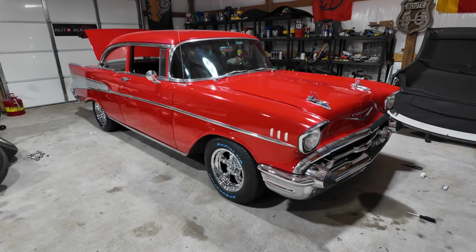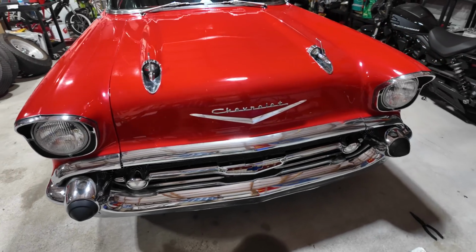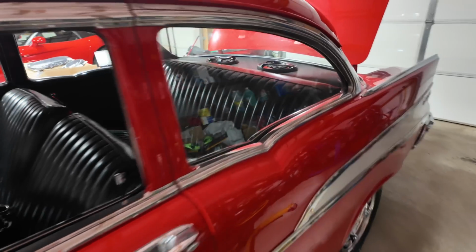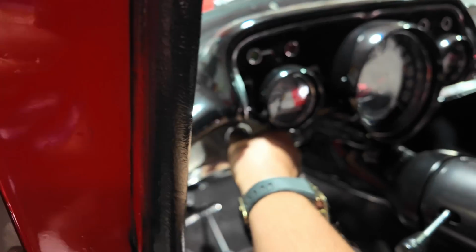All right, guys. Are you ready? I got her buttoned back up. I still got to do the rears. I'm not overly concerned with those. Those are already LED, but they're a much older version of LED. I got the turn signals hooked up and everything, guys. So let's go ahead and